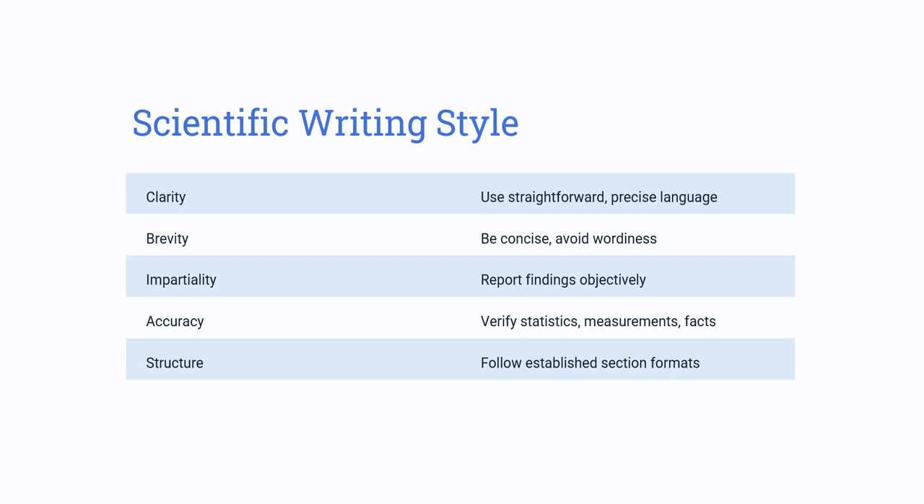And impartiality means report findings objectively. So there are two things you remember, the objectivity and subjectivity of your subject. So you just focus on your objective-wise findings, that's it. And accuracy, verify the statistics, measures and facts accurately. So which statistical measure you use over there, and all, means whether